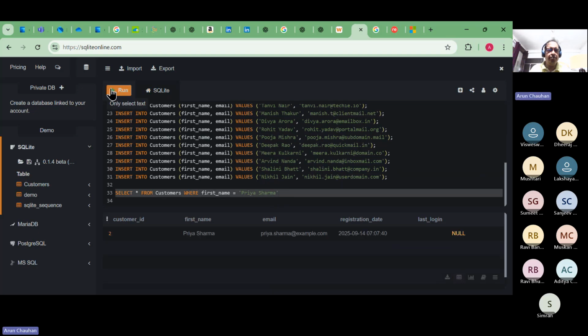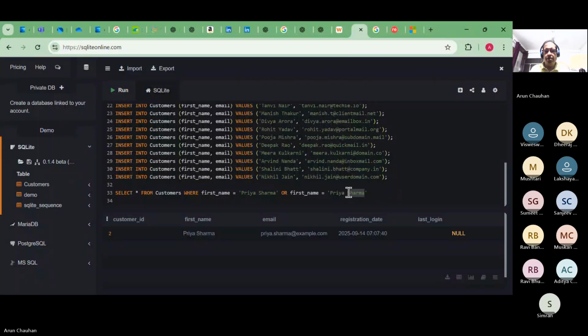Started like this. So here you have provided a condition. The point that I'm raising, and specifically for Mashri and Simran,